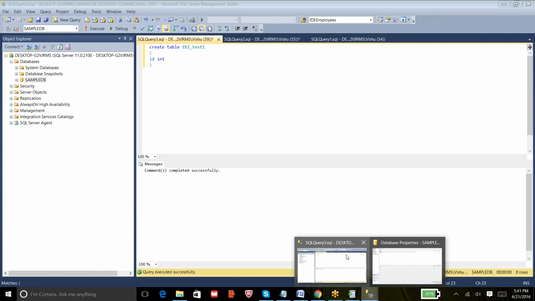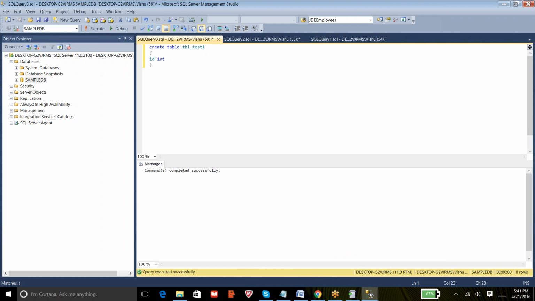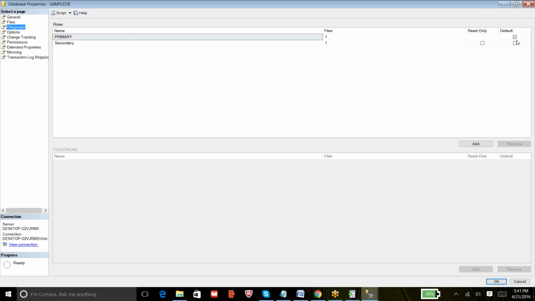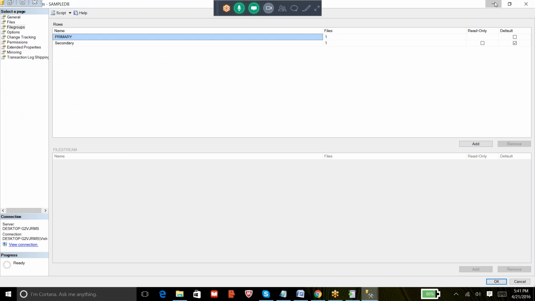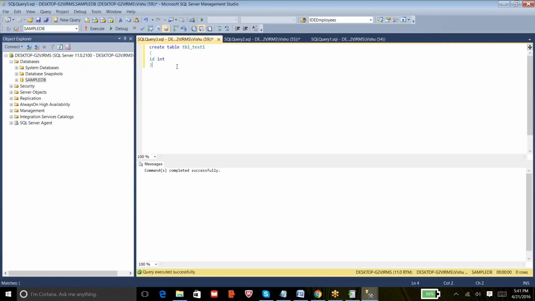One is either you can make your secondary file group as default, or what you can do is, at the end you can just provide the file group name. At the end of the line for a table script, you can clearly specify that this table should be created on the secondary file group.